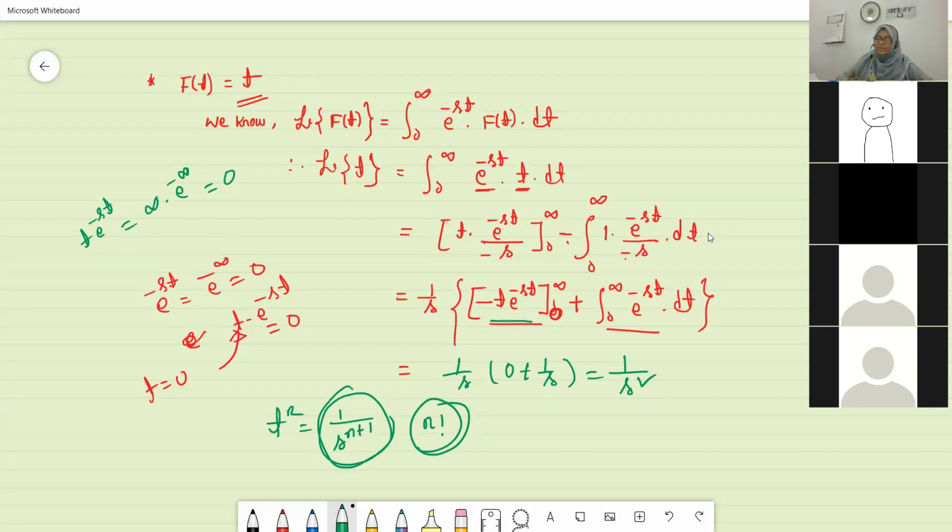So in that case, we will not directly say that the Laplace transformation for t to the power n is equal to this. We will evaluate the Laplace transformation for t to the power n. If you go for the next ones, that means 2, 3, 4, then you will get another term which can be expressed as n factorial. But we will not go for this long process. We will find the Laplace transformation of t to the power n by using this formula similarly.